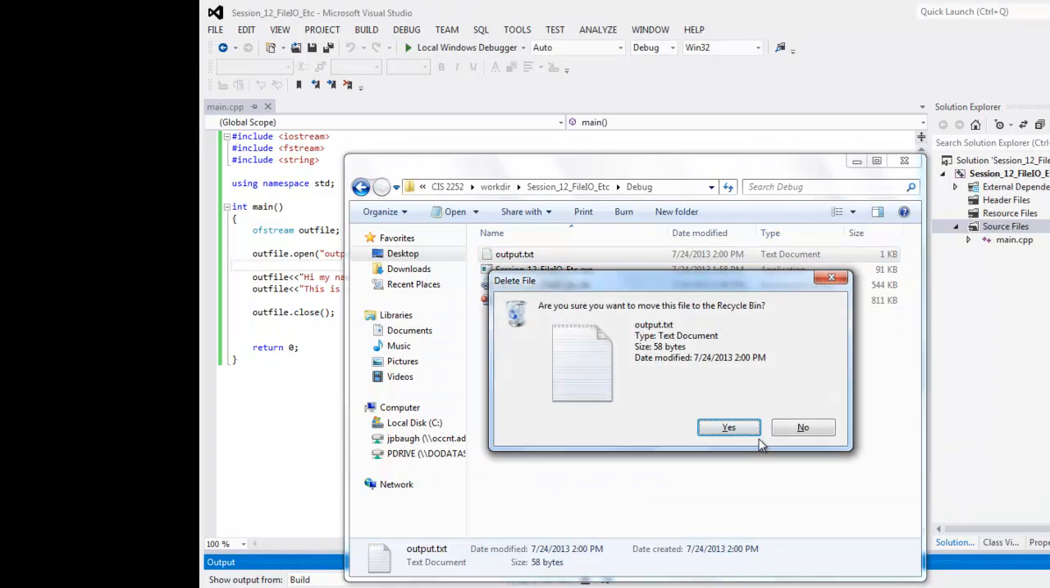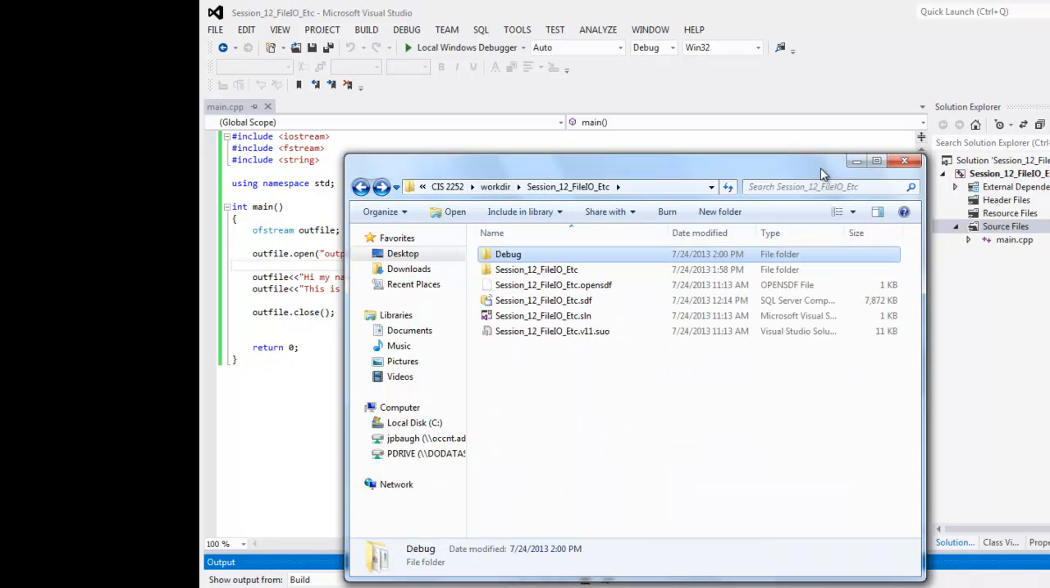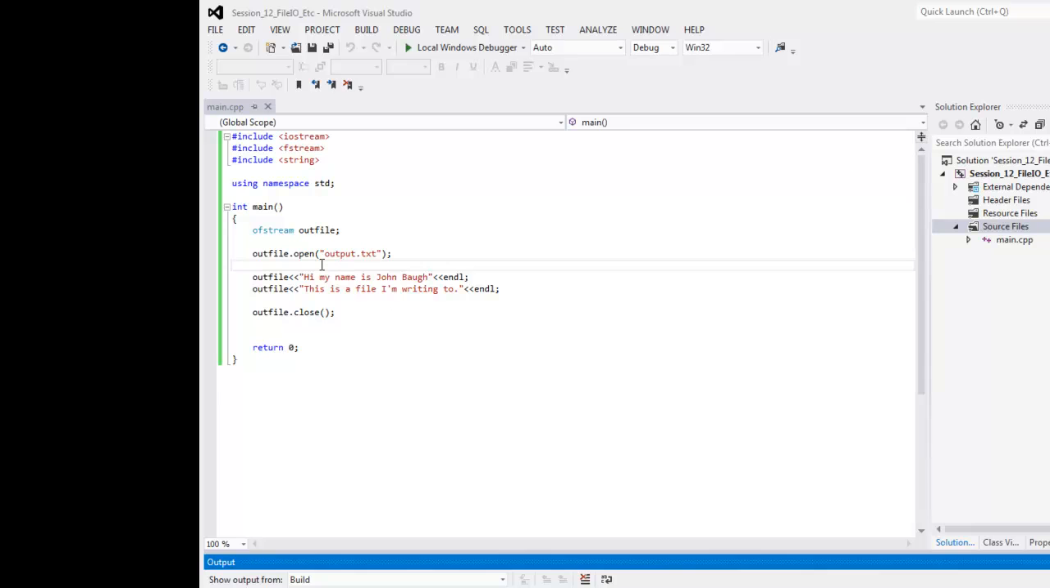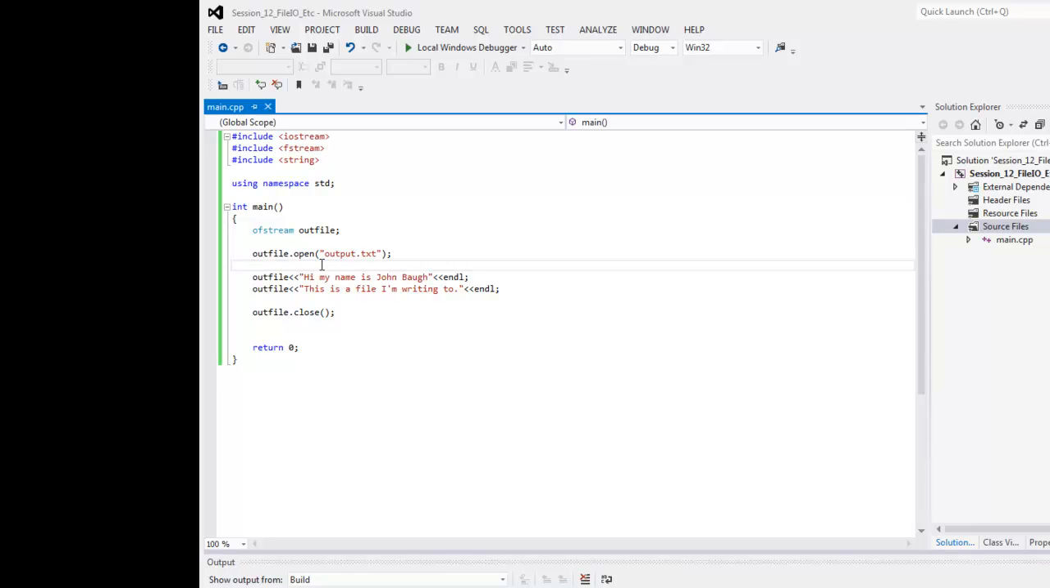Visual Studio does some interesting things to make it write in another directory. All right, so that's output. The next thing we're going to do is input. So reading from files is important as well,